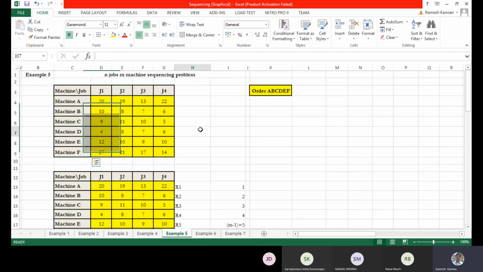So it means that, how do we go about doing this? The procedure is fairly the same. What we do is convert the entire set of machines into a two machine problem, and we look into the conditions first, then the order, and then we will just try to do it.